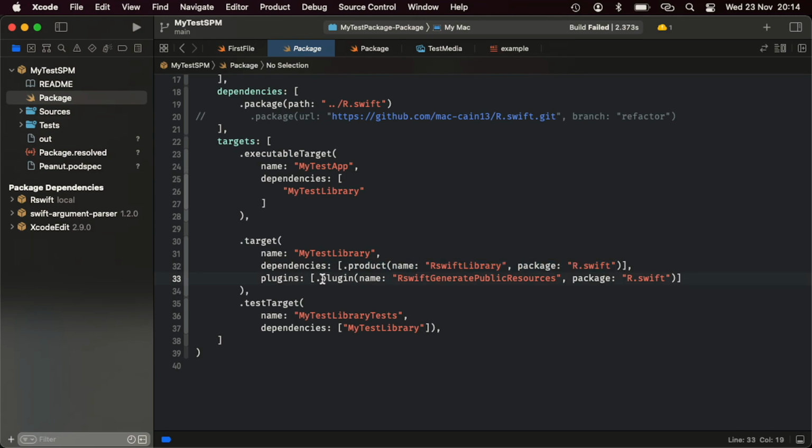And then this plugin is used, which is the same thing I did in Xcode as well. Through the UI, now I'm doing it here, saying I want to use this plugin. And that means that now when I build this project,